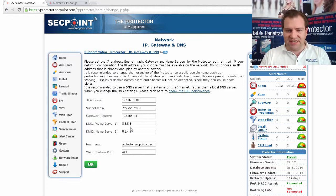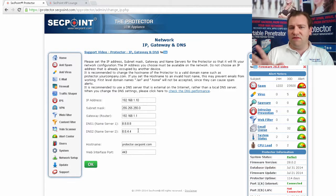a very good DNS. Many people will use the DNS from the internet provider, naturally, since they are using the internet provider already. Then they think the DNS server is very strong, but the truth is most internet providers have very slow, very unstable DNS servers that go offline. So we always recommend you use some very stable ones. For example, the Google ones, 8.8.8.8 and 8.8.4.4. But of course you can also put in your own DNS, or just make sure you have a very strong